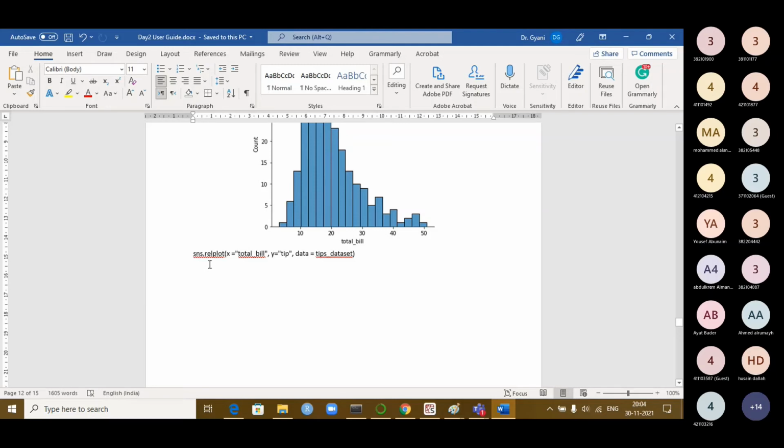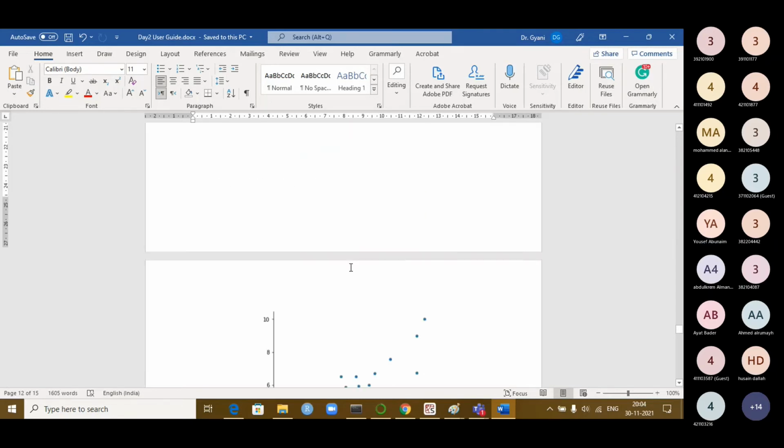Next, we are trying to make a relation plot, to find out the relation between the total bill and the tip. With what bill people have given, how much tip they have given. Usually there is a conclusion that if you have a $100 bill, people are expected to give more tip. If the bill amount is only $10, people are expected to give less tip. That is the concept. So what is happening here? Let us try to see now.